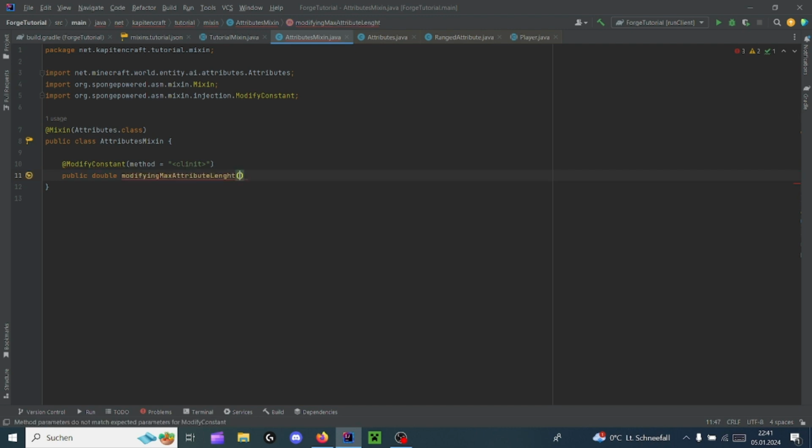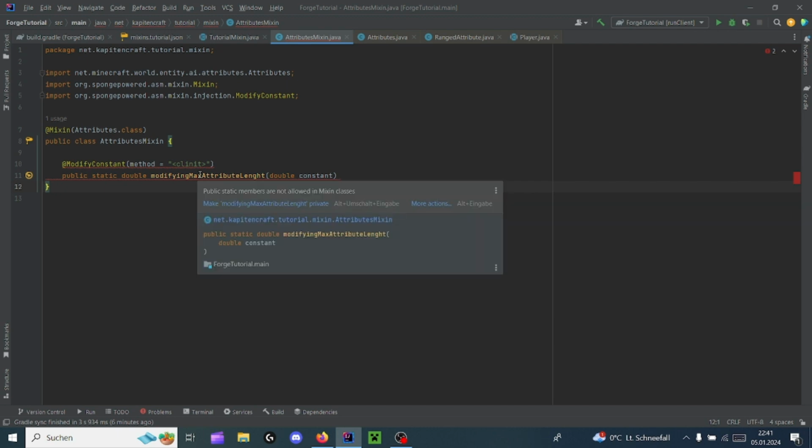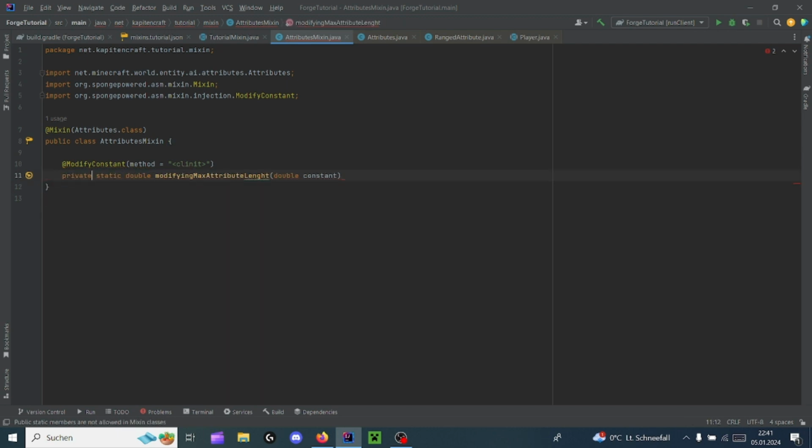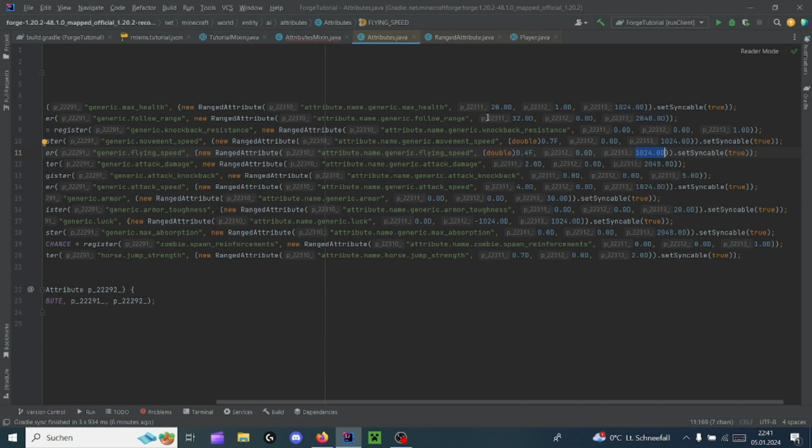Why would you call this method? Why would you make this method so long? And then now it's going to take double. And what in the heaven's name is wrong with you? Method must be static. Fine, make it static. What's going on? Public static. Okay, fine. Private. Thank you. And now we can check every single double value from this